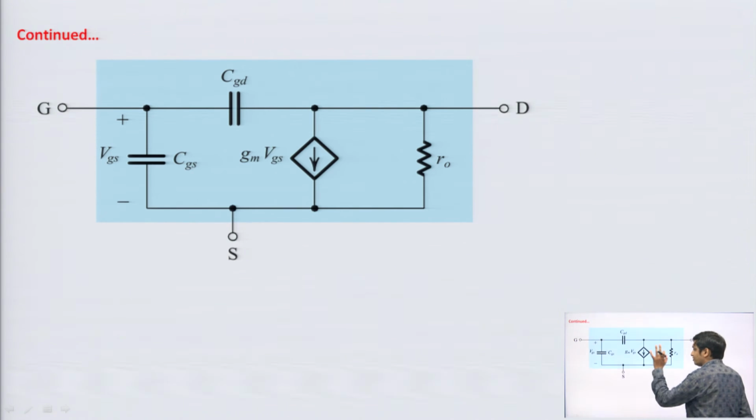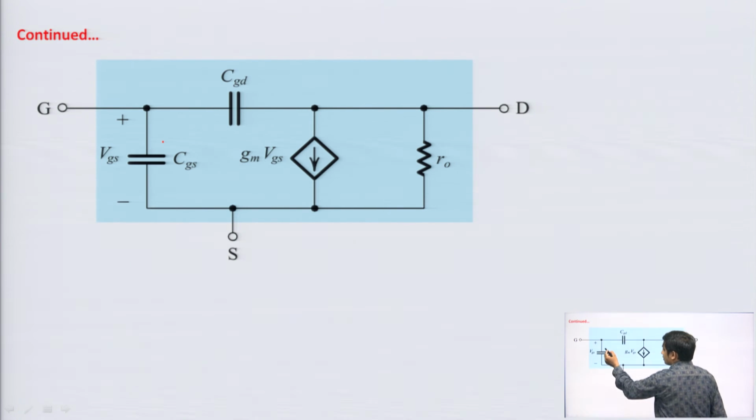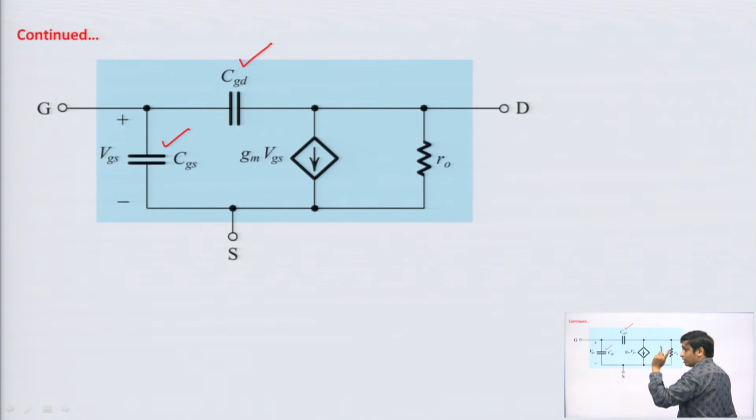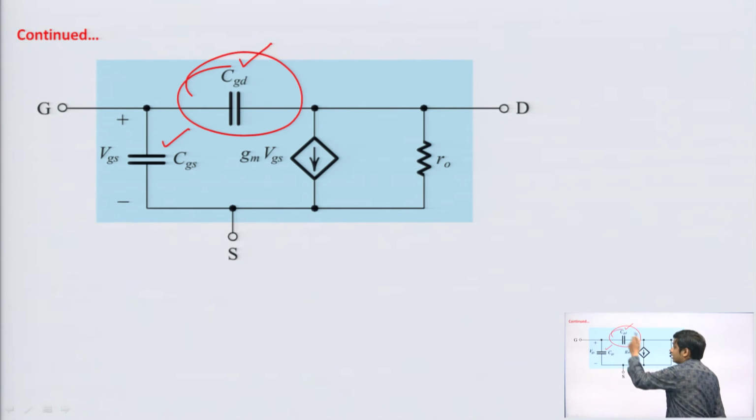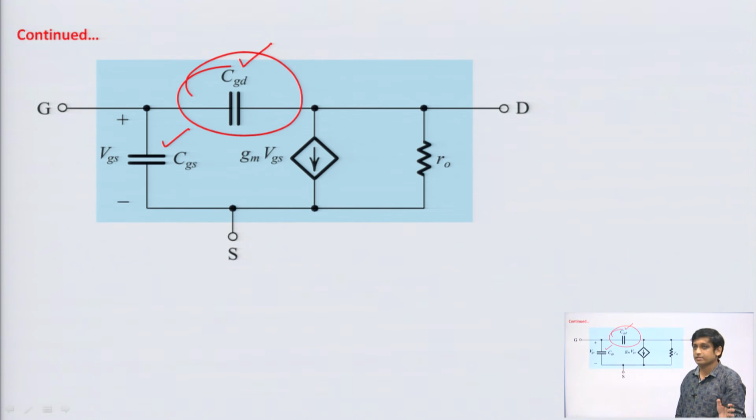In the final model we are considering only two internal capacitances, one is gate to source, another one is gate to drain. The value of this gate to drain capacitance is very less in the saturation region. It is 0 in theory, but practically it is very less. So sometimes, in order to further simplify the calculation, we neglect this CGD also, but only in saturation. Normally we go for amplifiers, so obviously the MOSFET will amplify in saturation, where the value of CGD is very less. So sometimes in order to simplify the equations we neglect this CGD.